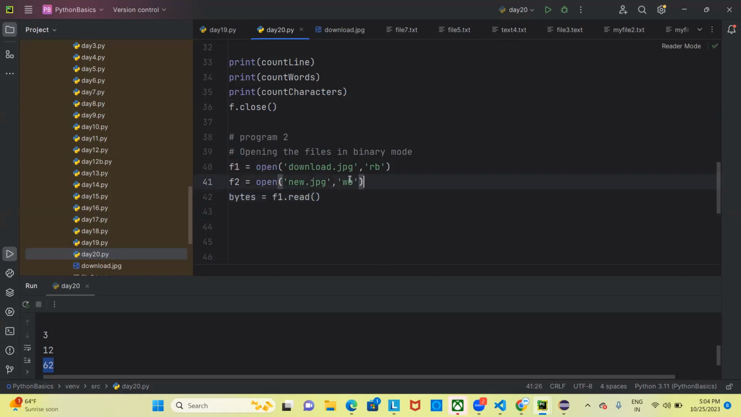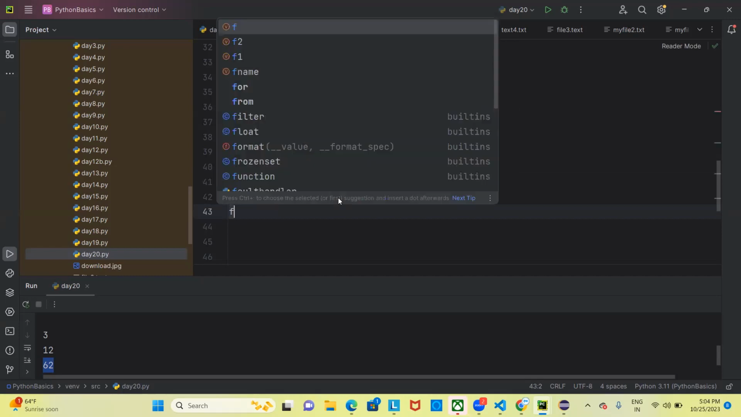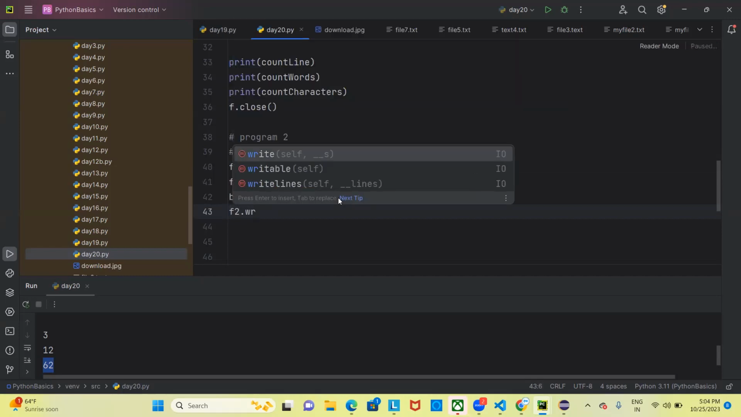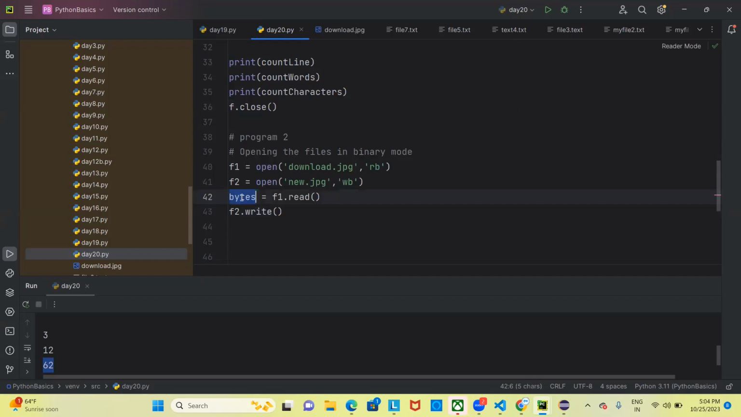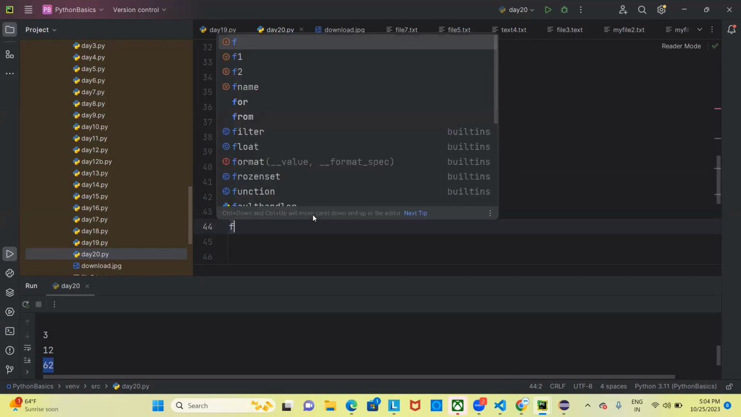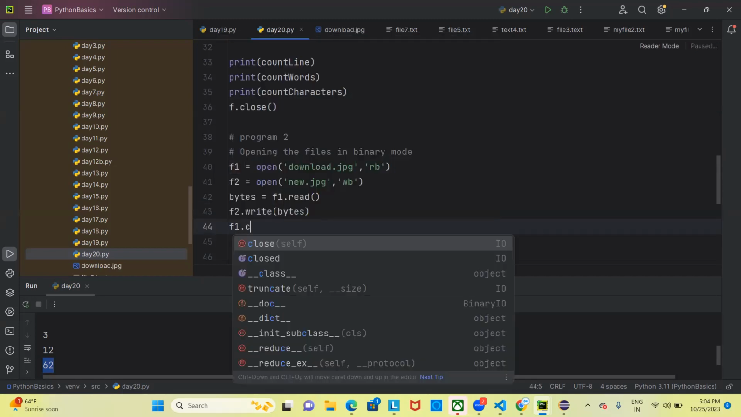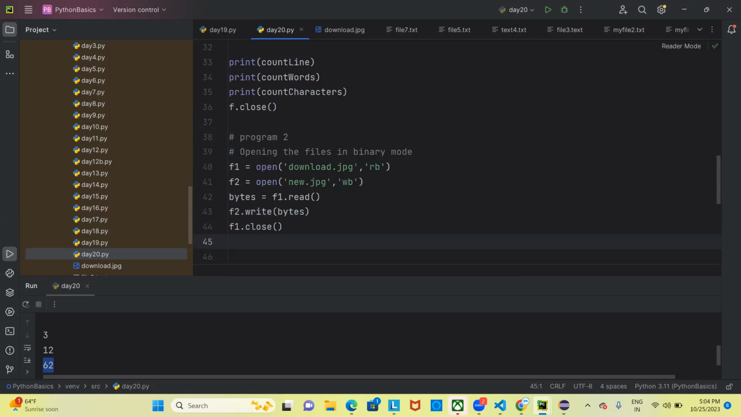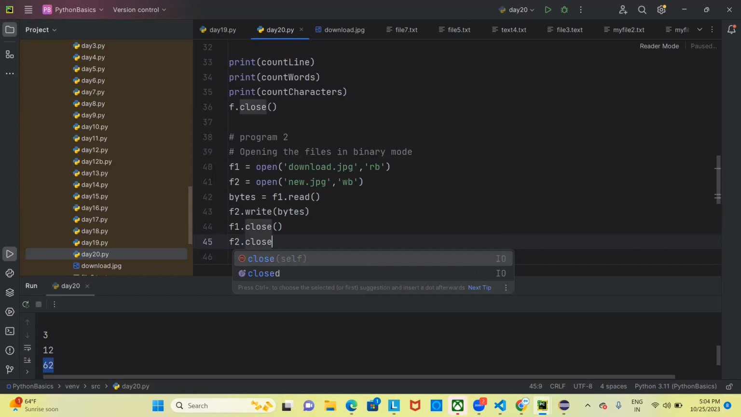So it will read all the bytes, and then f2 will write. What will you write? Bytes. So we are reading the bytes from file 1 and writing them to file 2 and then closing both the files. So f1.close and f2.close will, at the last, close both the files. So if I save this